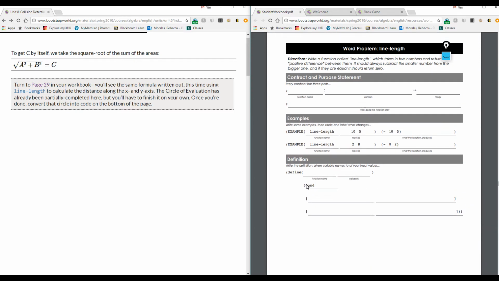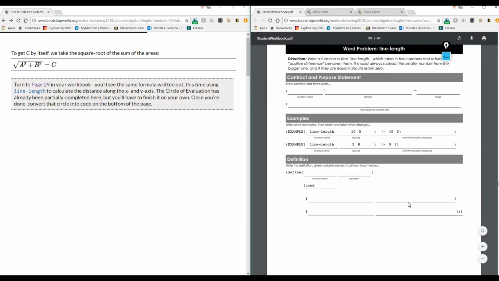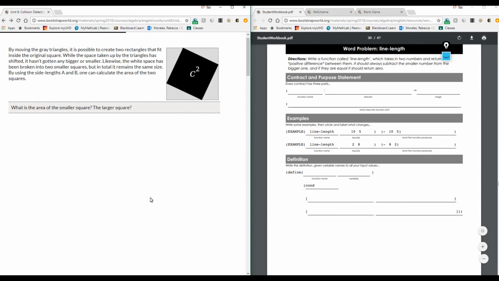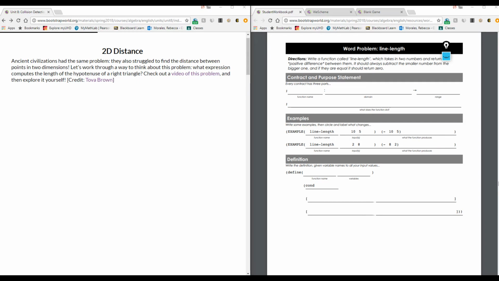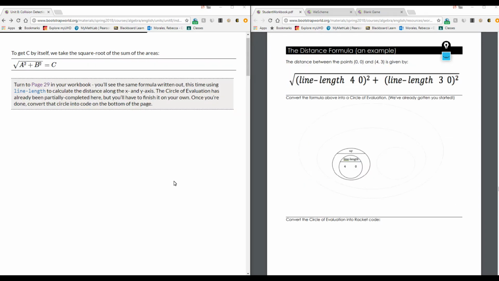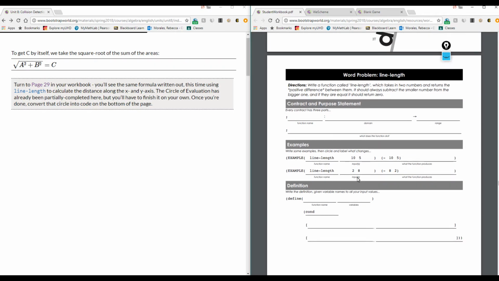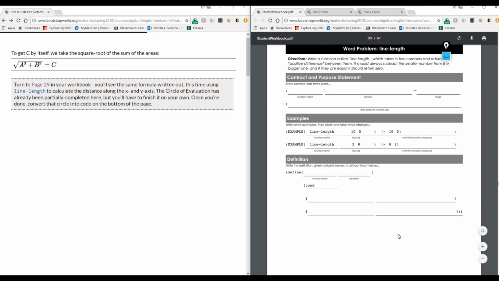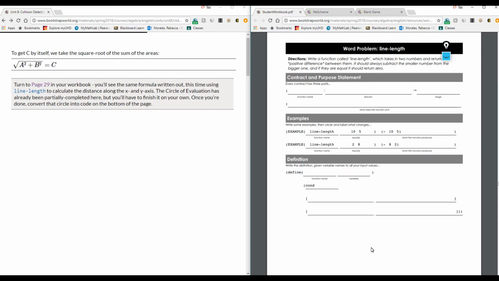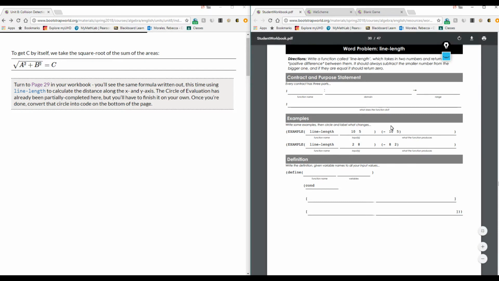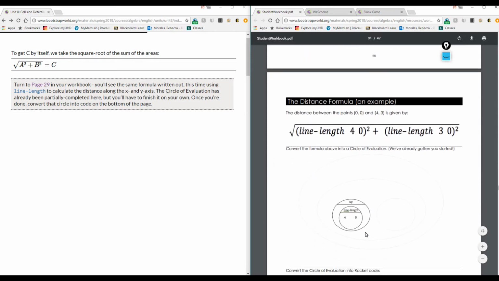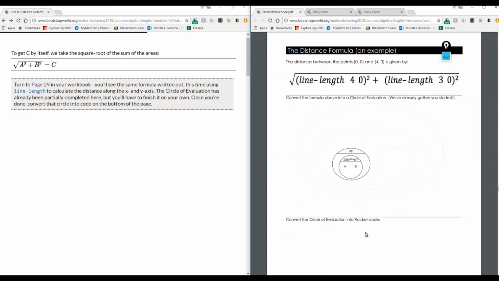So it says to turn to page 29 in your workbook, which is not the word problem for line length, which I don't remember the workbook mentioning this. Ooh, did I skip something, guys? Give me just a second. Let me pause it. Yeah, it looks like for some reason they didn't have us in the slides go over the word problem line length. Not exactly sure why. If you had any trouble with what was going on with that, you do have this that can help you figure out where the coding comes from. Anyway, so page 29, you've got